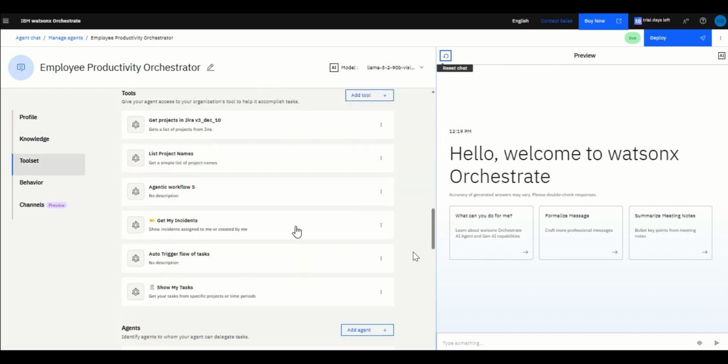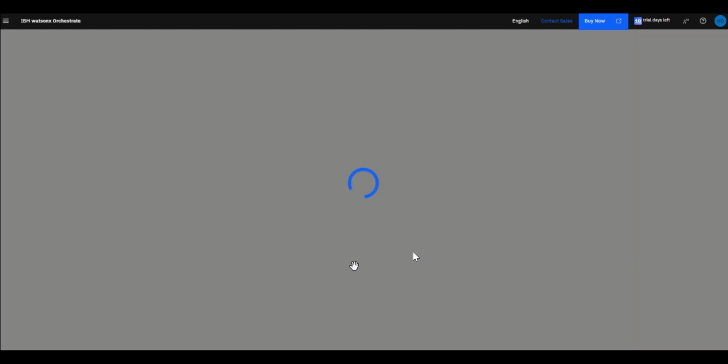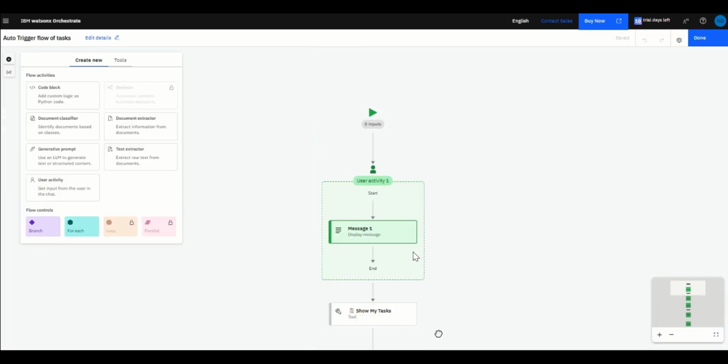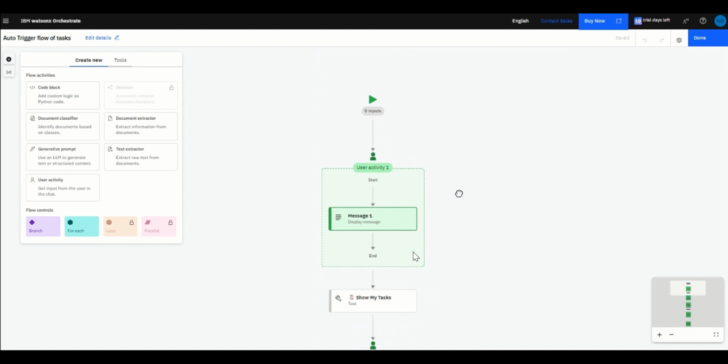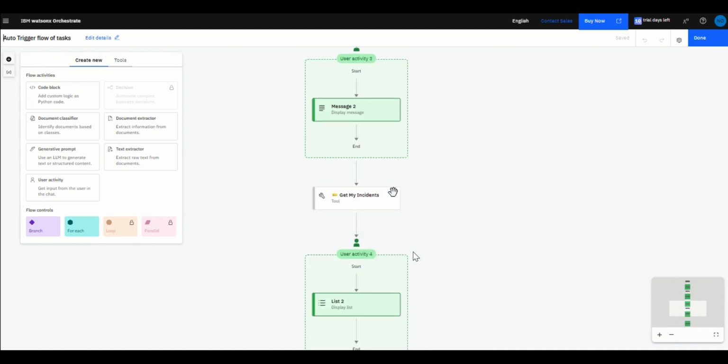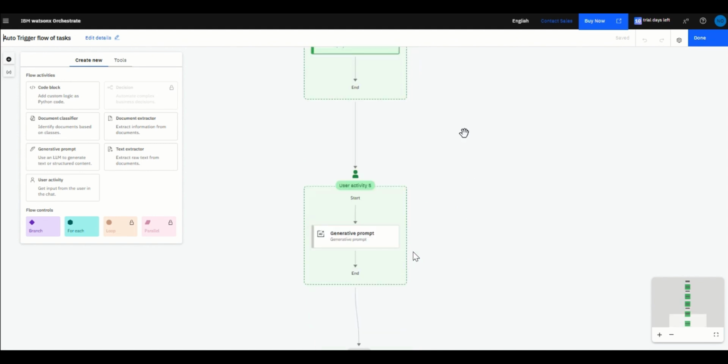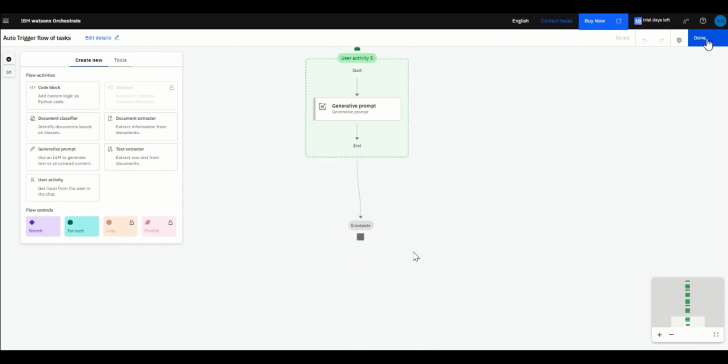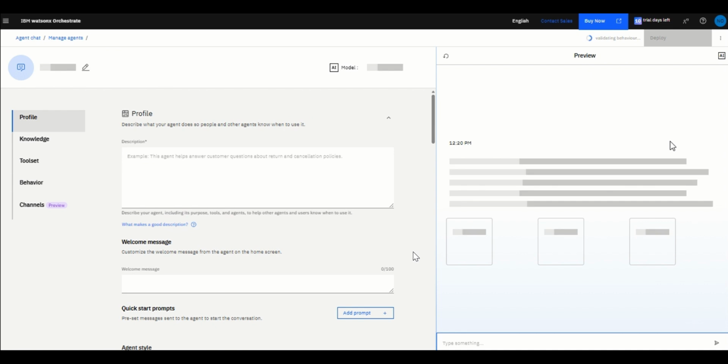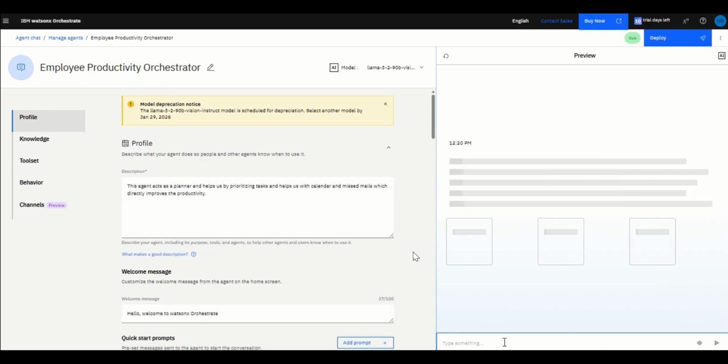We created this by using IBM Watson X. We created workflows. These are the open APIs. This is how the flow looks. When I log in, the user gives a prompt, just a greeting, just a hi or hello, and it will showcase my tasks accordingly. I just give it a prompt as hi.